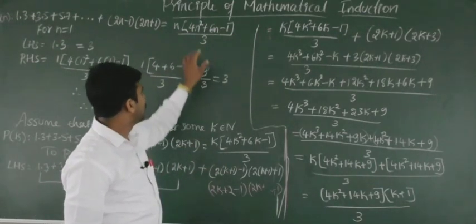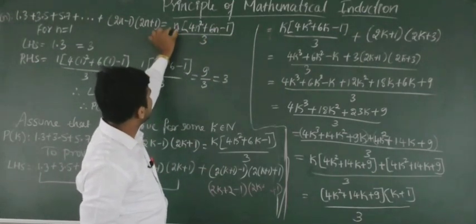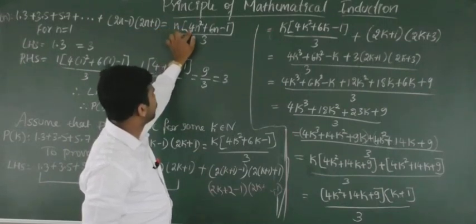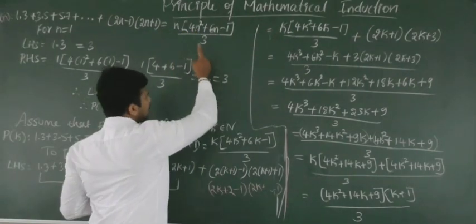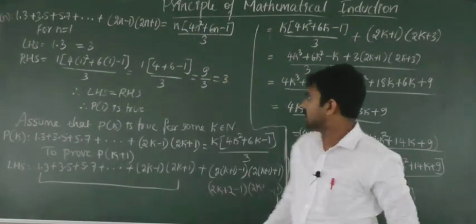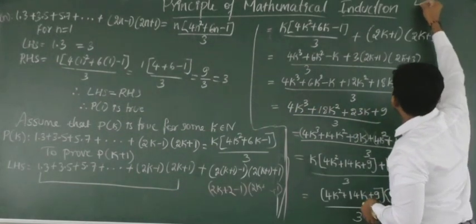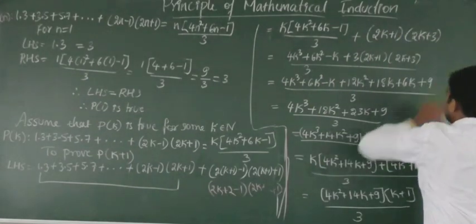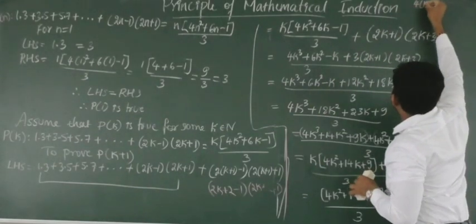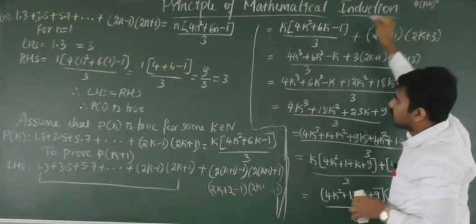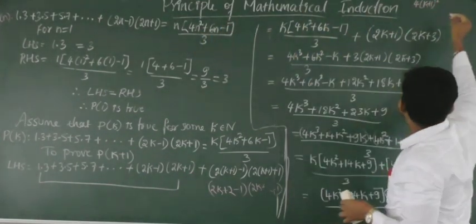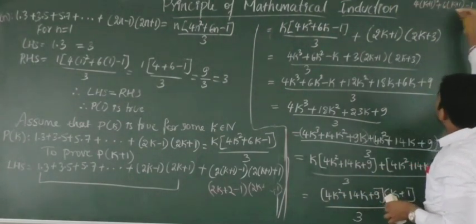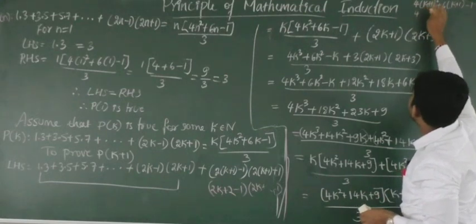Okay, see what is the value when n is equal to k plus 1, we'll get n plus 1. Here n is nothing but k plus 1 into 4k square. If we solve it here, let's see, I'll write that here: 4 into k plus 1 whole square. Okay, because n is nothing but k plus 1, plus 6 into k plus 1 minus 1. So what do we get, see, 4 into k.